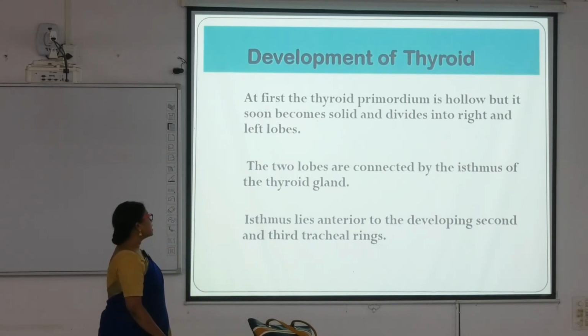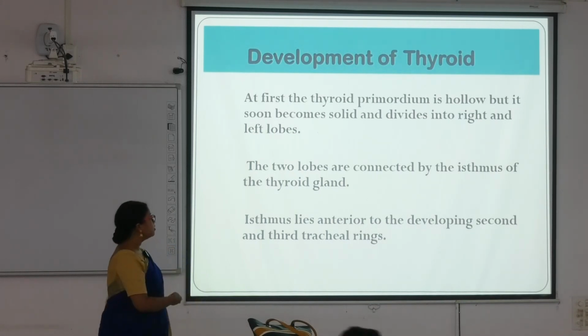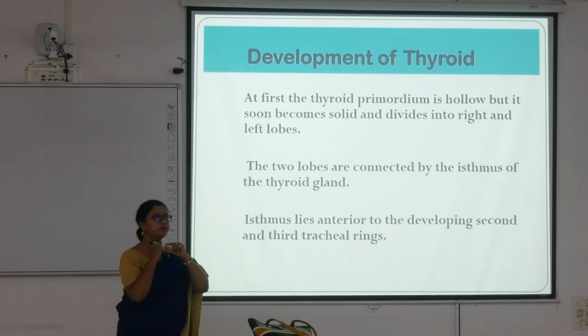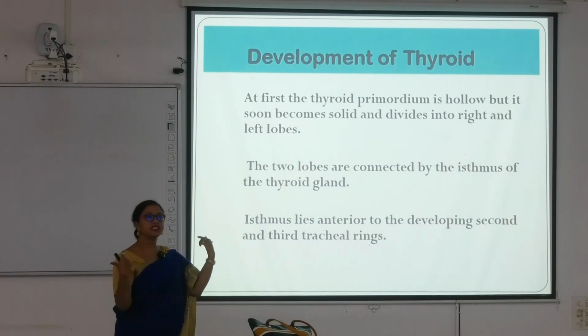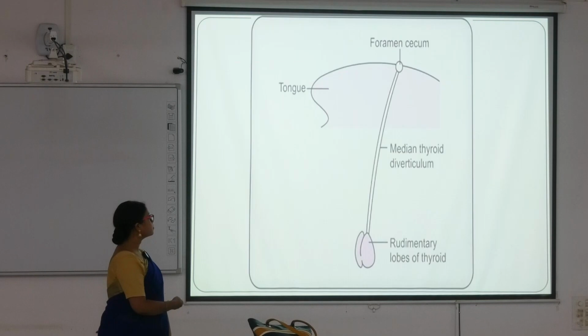So isthmus lies anterior to the developing second and third tracheal rings. ইসমাসটা একটু উপরে থাকবে তাই না, থাইরয়েড গ্ল্যান্ডটা আরো নিচে থাকবে, যেখানে তো ক্রিকয়েড কার্টিলেজ থাইরয়েড কার্টিলেজ আছে, ঠিক আছে।